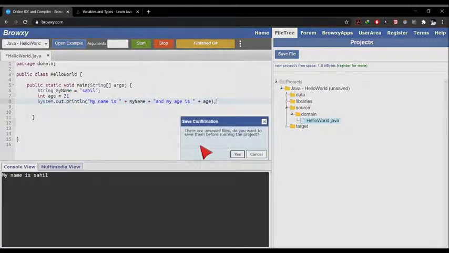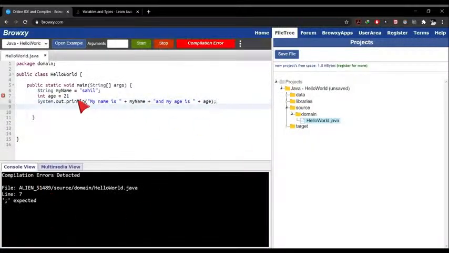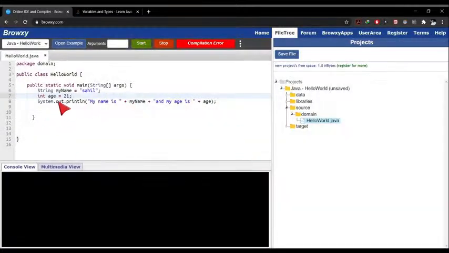So let's just start that off. It's going to say my name is Sahil and my age is 21. Oh, I'm sorry, a semicolon is expected over here in the definition, which could happen most of the time when